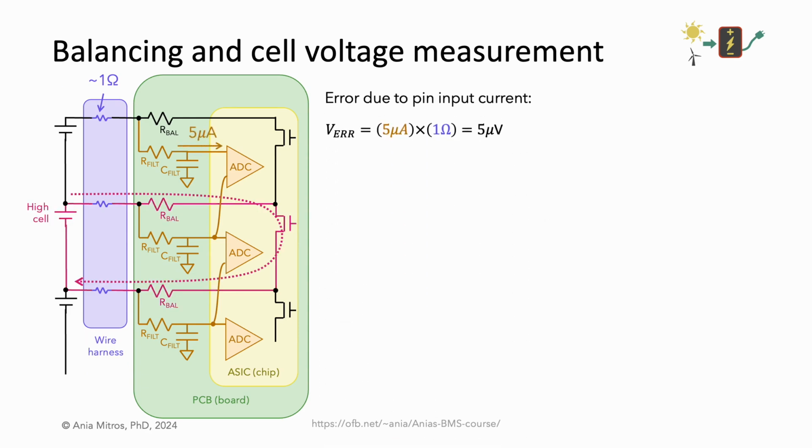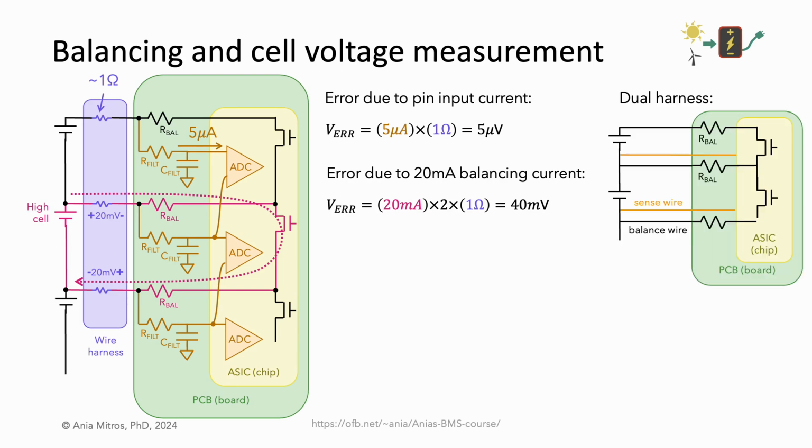BMS ASICs are carefully designed for tiny input currents during measurement to result in tiny voltage measurement error. Even a small balancing current is likely orders of magnitude larger than the measurement input current. Say we design for a 20 milliamp balance current. 20 milliamps across a parasitic 1 ohm of the cell sense wire gives a 20 millivolt drop on each wire, for a total measurement error of 40 millivolts on that cell. That is a significant error, too much to accept in many applications. Another option,